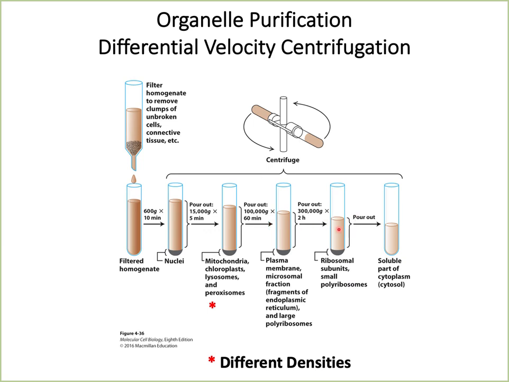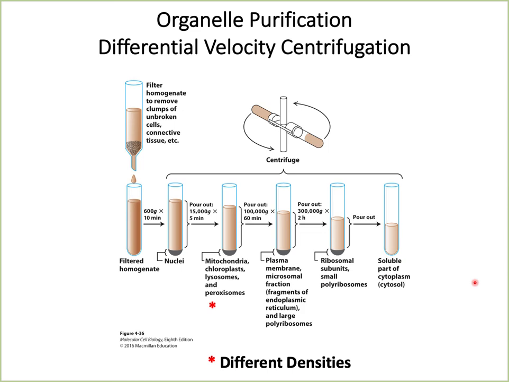With further higher speed, you will end up with a supernatant that is fairly representative of ribosomal subunits or small polyribosomes, and the soluble part will be your cytosol. So now you have purified the organelles, maybe not pure enough. Let's focus on the pellet, which contains the mitochondria, chloroplasts, lysosomes, and peroxisomes, and see whether it can be purified further. All of these organelles have different densities, and you can take advantage of another type of centrifugation,